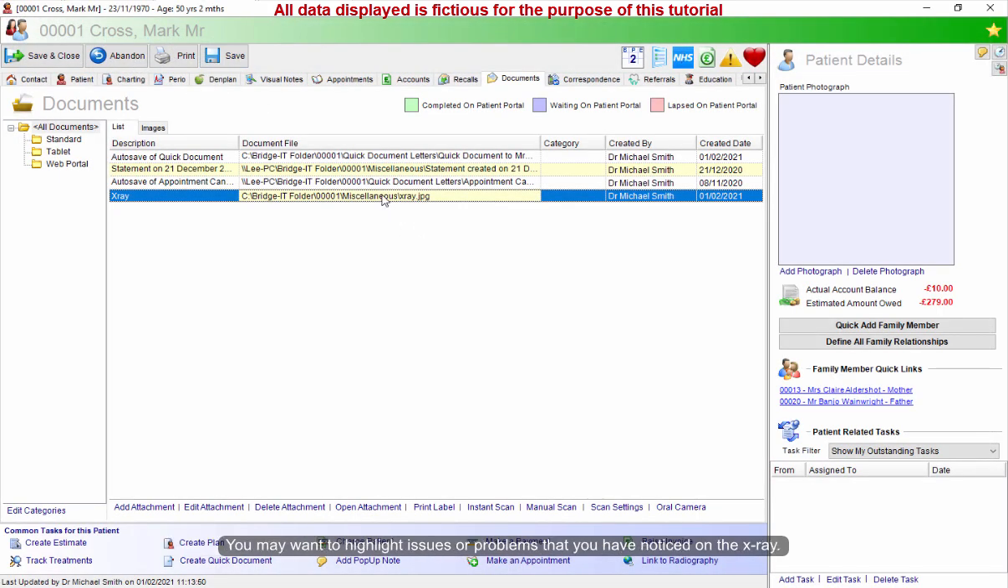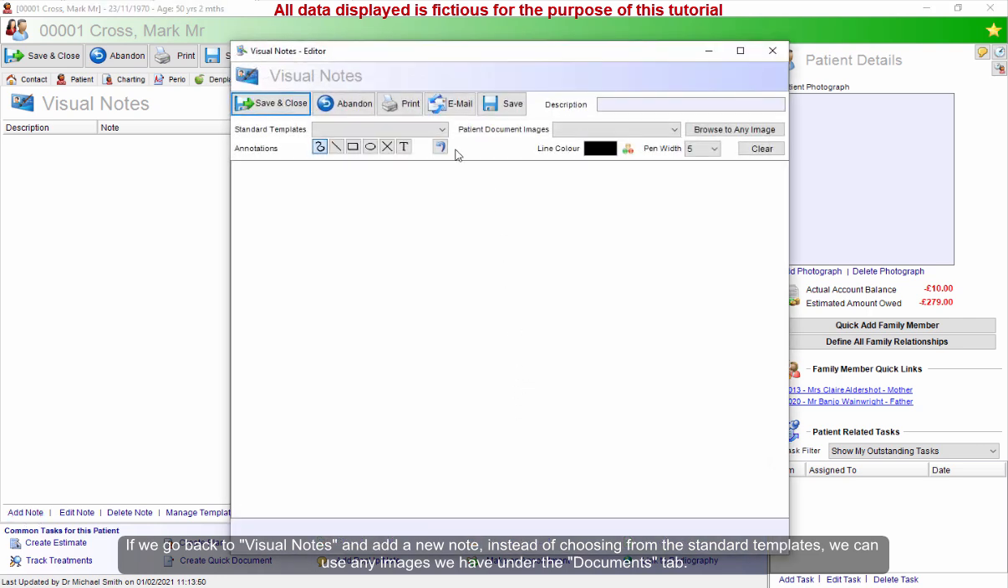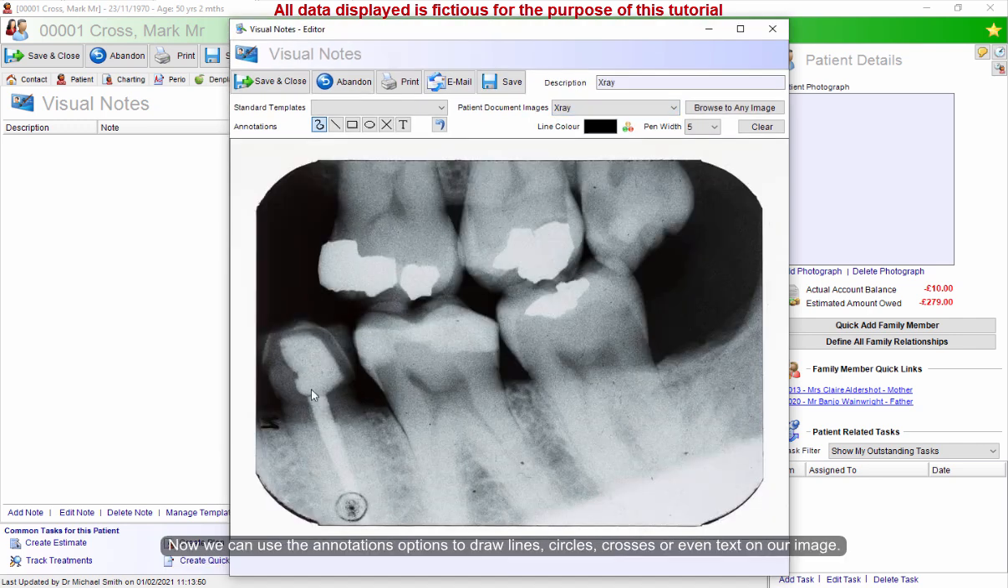But let's say we want to highlight certain points on that particular X-ray that we've taken. Now often you can do this in the digital X-ray software that you have installed, but you can also do it within the Bridget program if you want to, and that X-ray is stored within the program. So now I can go to my visual notes, and when I add a note, instead of choosing from the standard templates, I can view any images that I may have taken in the patient documents images drop down box. So for example, if I was to select my X-ray, you can see it immediately brings up the image,